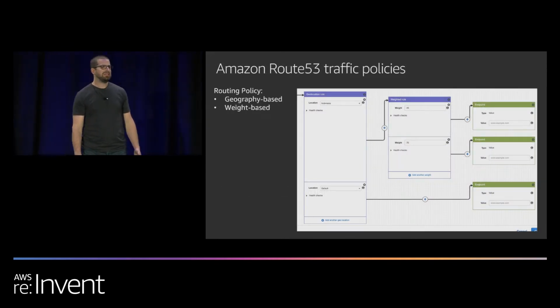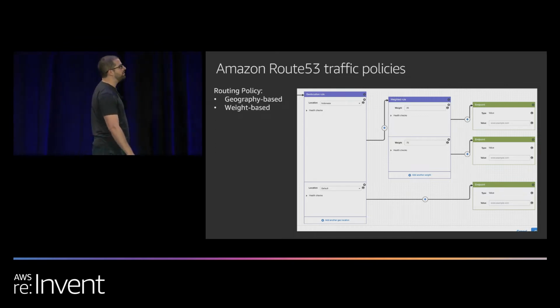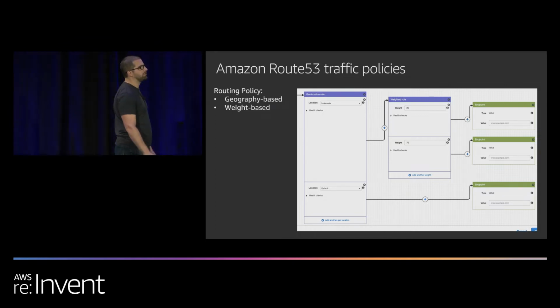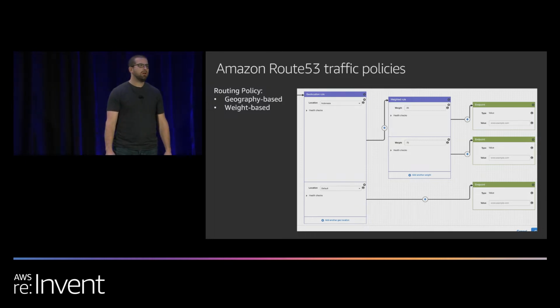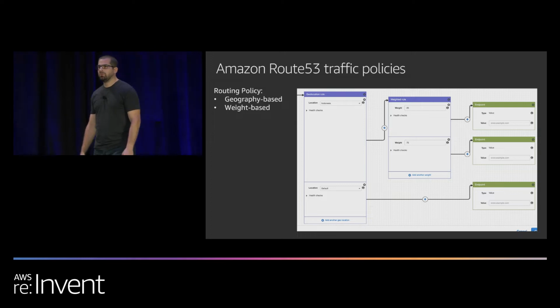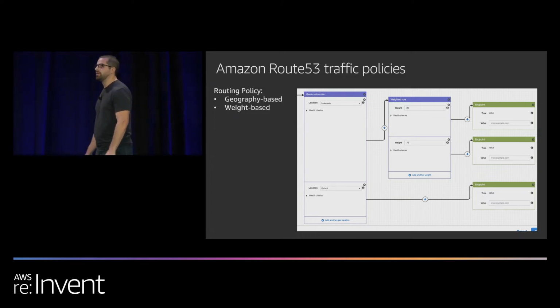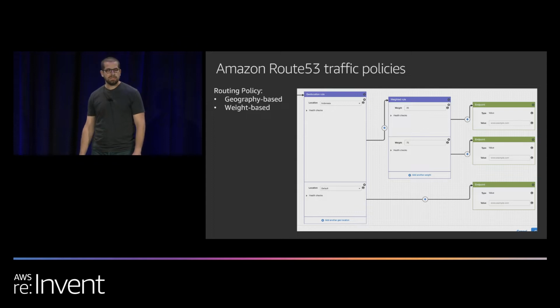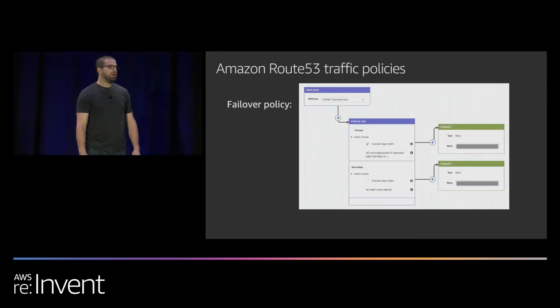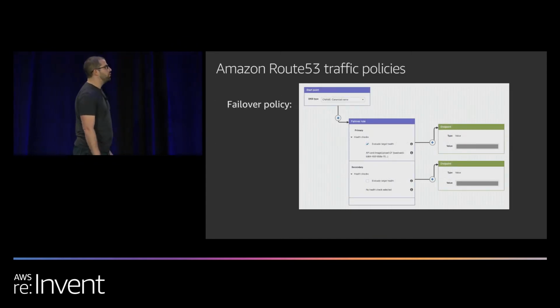The traffic policies allow us to basically layer a number of different record types to accomplish exactly what I just talked about. We can have geography-based record entries to specify that it should only apply to Indonesia. We can have weight-based records to specify that only a percentage of the customers, in this case 25%, will be routed to CloudFront. And we can also leverage failover policy to respond quickly in real time if there's any challenges.